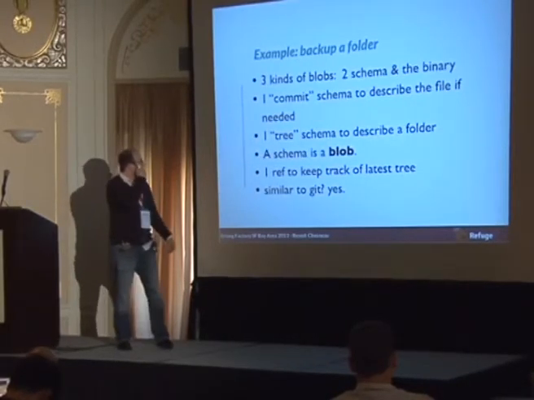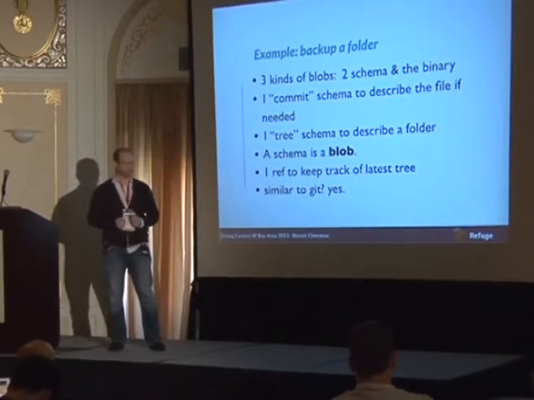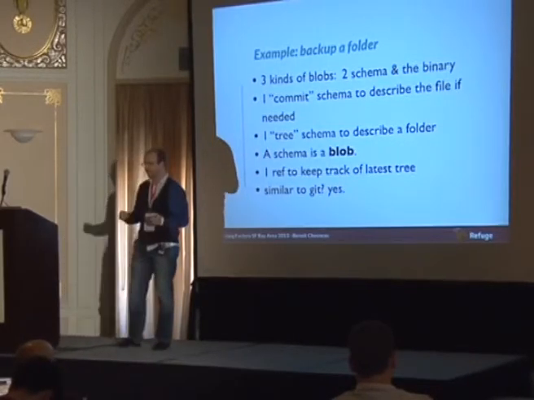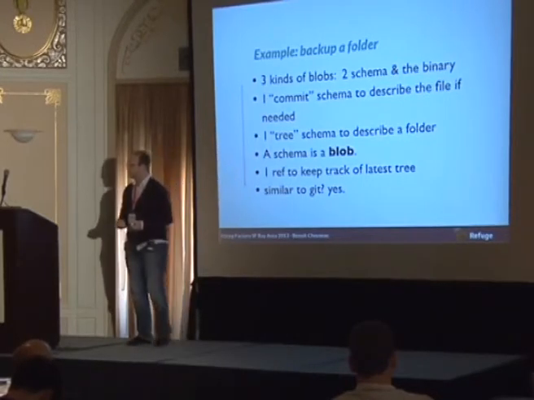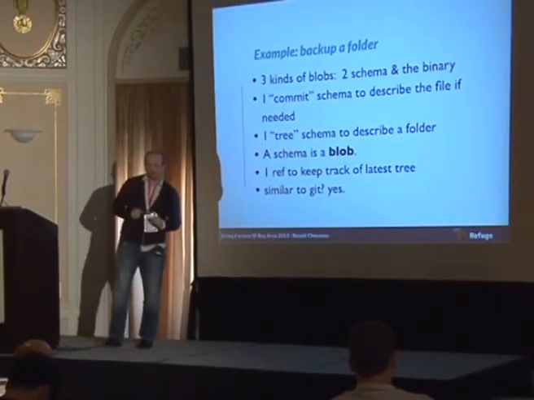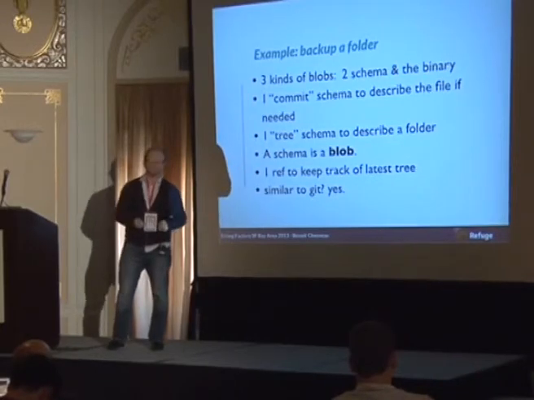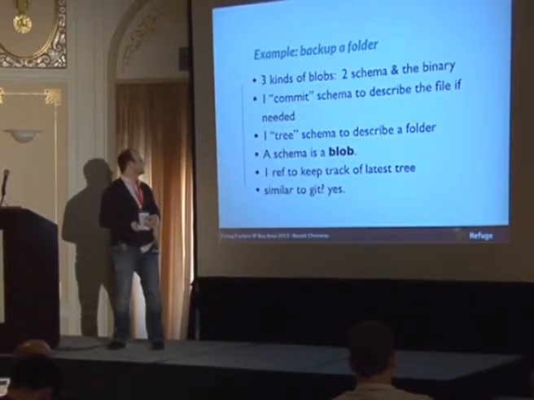We can take an example. If you want to back up a folder using the blob server, we can imagine this architecture. We have 3 kinds of blobs: 2 schema and 1 binary. We have 1 commit schema to describe the file that is uploaded to your blobs. So you have the blob that is stored on the disk, and this schema will have the ID to these